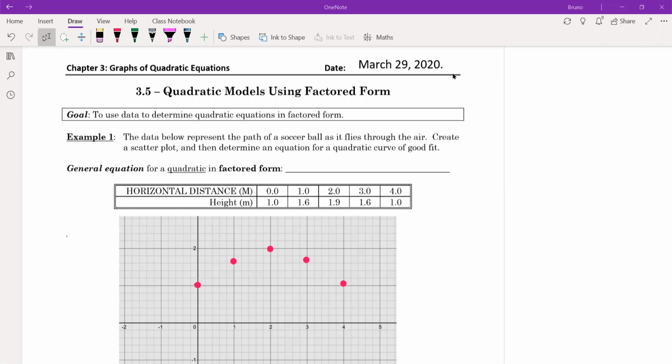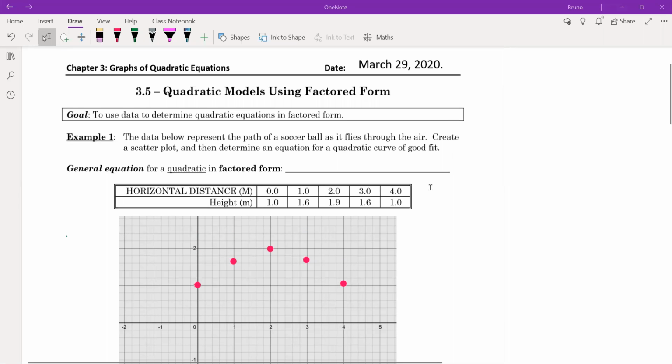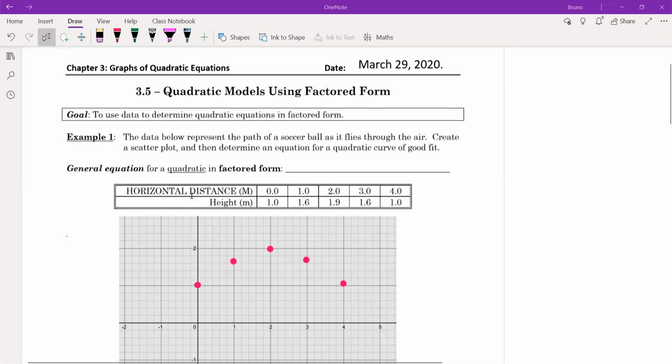Well, good day, class. Today we're going to be taking a look at section 3.5 of the textbook. It's titled Quadratic Models Using Factored Form, which we've already seen before. I've taken the liberty of including a couple things on the handout. As you can see in the graph below, I've already plotted some points, which I'll talk about. We're going to be taking a look at some word problems and connecting them to factored form for